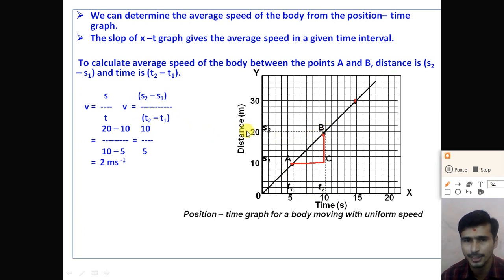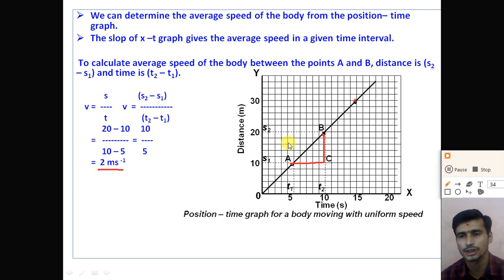So here we take S2 as 20 and S1 as 10. So 20 minus 10 we get 10, divided by T2 minus T1. T2 is 10 and T1 is 5. 10 minus 5 we get 5, so 10 divided by 5, and we calculate the average speed as 2 meters per second. So dear student, understand how we can calculate the average speed or average velocity of an object from